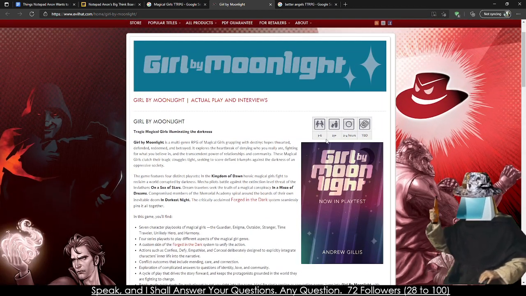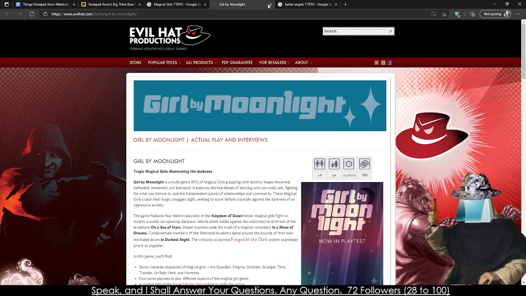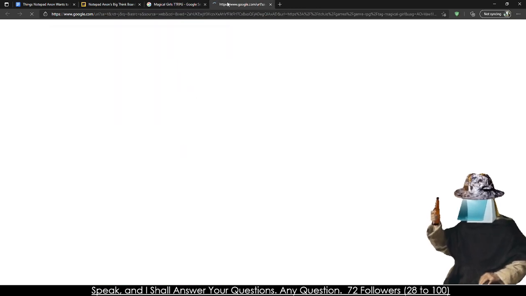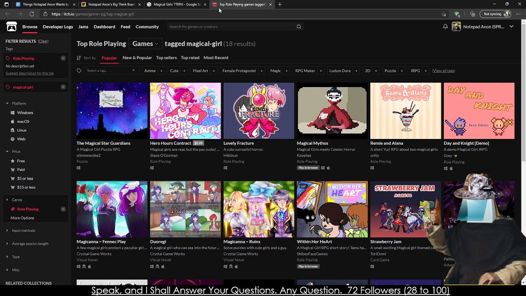Yeah, this game's never even come out. To be determined. It's been coming out for like 2 years now. It just never has. But there aren't actually that many magical girl games. There's things like Magical Burst, and of course you can always go for a basic